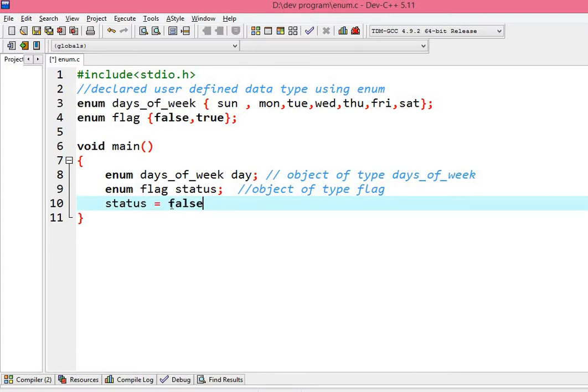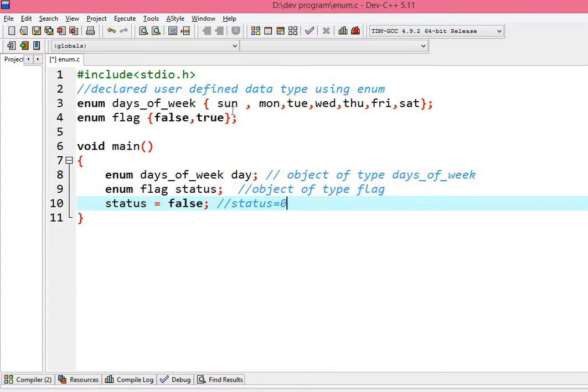What will be the value of status right now according to the enum data type? That is 0. Why? Because whenever I give the value false, it is considered as 0. After that, true is 1. That is the way all these enumerators work.